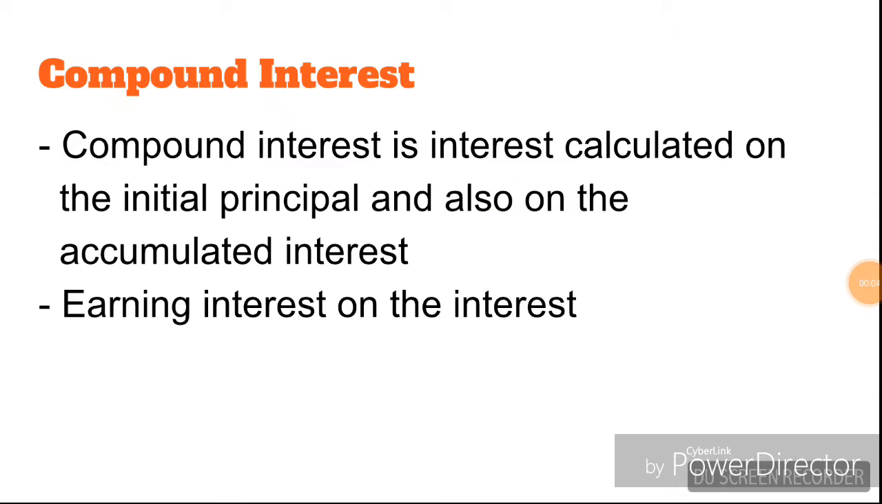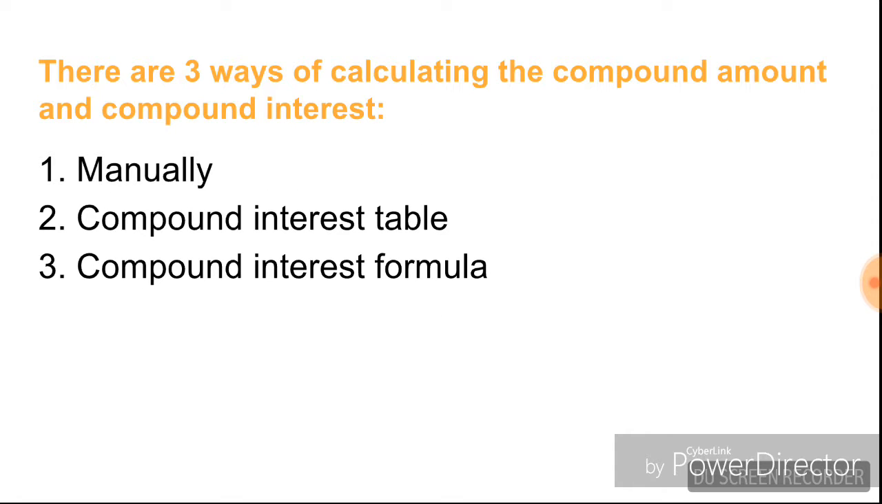Compound interest. Compound interest is defined as the interest calculated on the initial principal and also on the accumulated interest. In this case, the investor earns interest on the interest. There are three ways of calculating the compound amount and compound interest. You can either do it manually, you can use the compound interest table, or you can use the compound interest